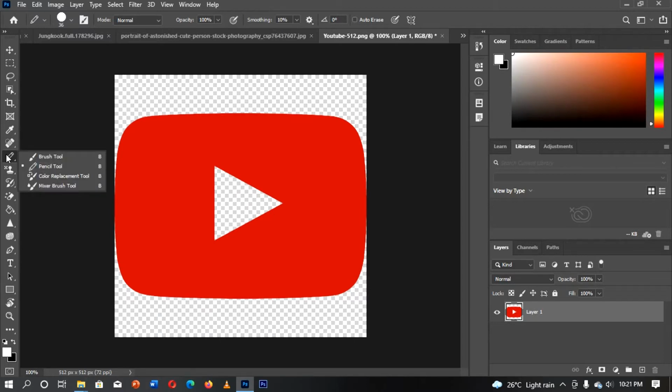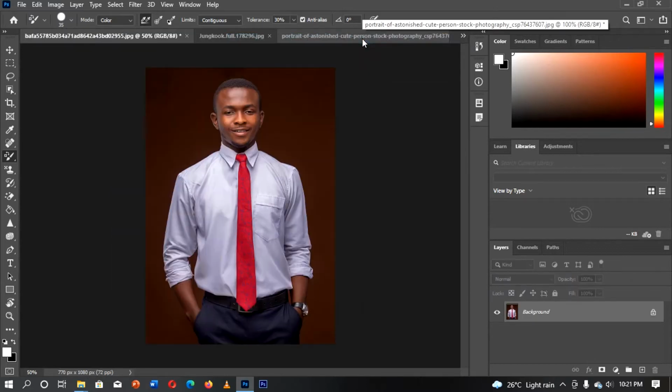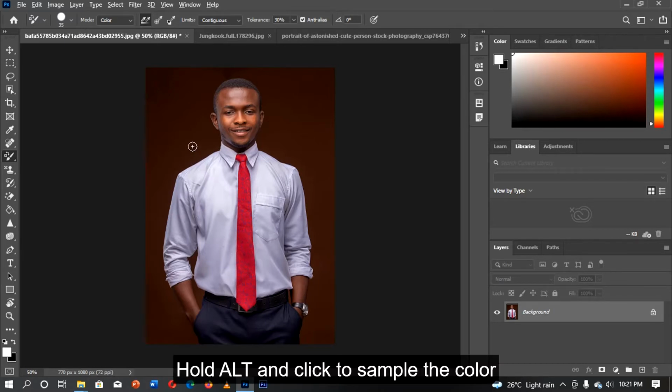Now let's move to the next tool, the color replacement tool. I would like to change my image here. The color replacement tool paints the selected color over an existing color. So assuming I want to paint a selected color over the color of the tie of the gentleman right here, I can sample or select the color by holding Alt,